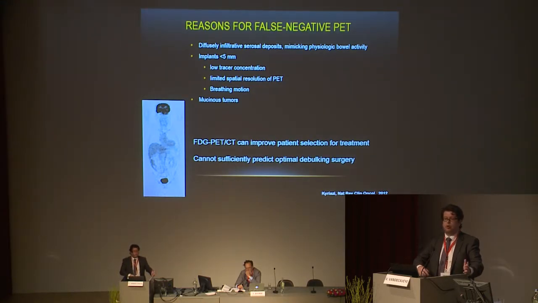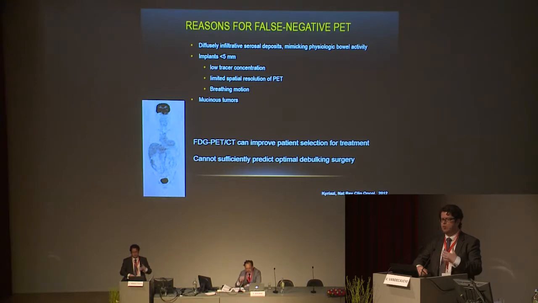Peritoneal implants smaller than 5 millimeter. This is inherent to the spatial resolution of the technique, and then maybe a less frequent tumor, but mucinous tumors don't have enough metabolic activity to be visible. But as a conclusion, FDG PET-CT can be used especially in patients with high suspicion of stage 4 disease, of